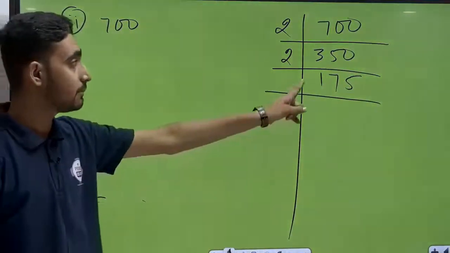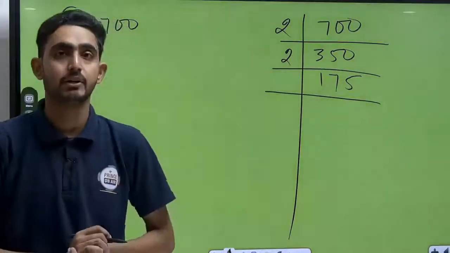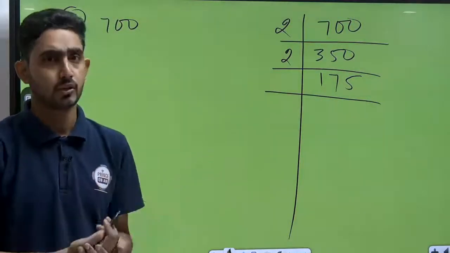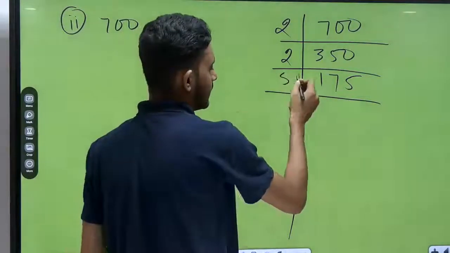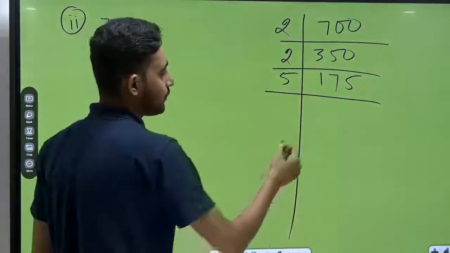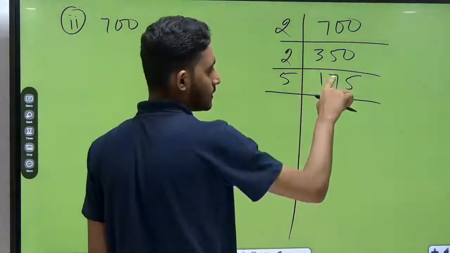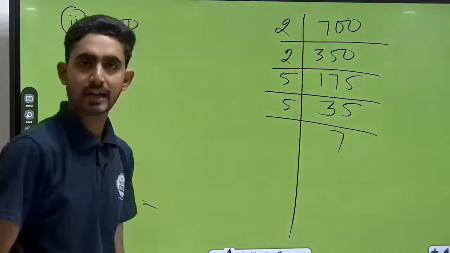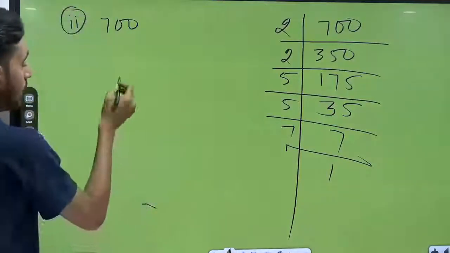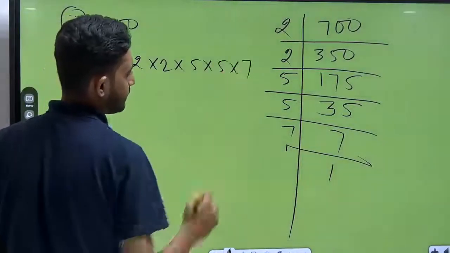Now this number is divisible by which number? Anyone know? Is this divisible by 3? No, this is not divisible by 3. This is 5 obviously because at last 5 is there. Yes, 5. Now 5 3s are 15, 2 carry 25, 5 5s are 25. Again 5 7. At last divisible by 7. Now all of you see here. 700 is equal to, we can write down 2 multiply 2 multiply 5 multiply 5 multiply 7. Correct? Now we'll make pairs.